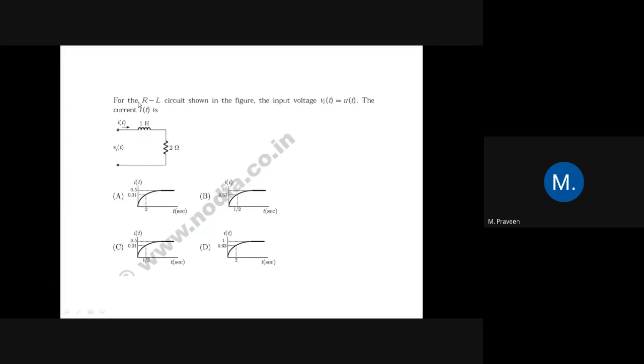So the circuit is very simple. You have only the inductance and resistance. Here Vi of t is given, and you have to find I of t. You know the formula for I of t, and the impedance is given here as inductance and resistance. Can you guess what is the answer? Simple problem only. Vi of t is given, and you can find Z from the circuit. Now for I of t, you know the formula. Just substitute the values of Vi of t and Z. You'll be getting I of t. Can you guess what is the answer?